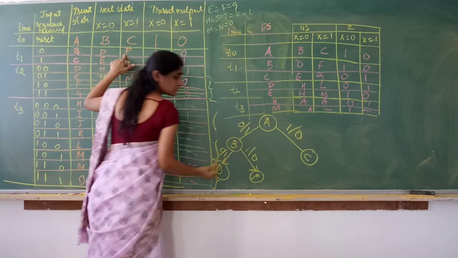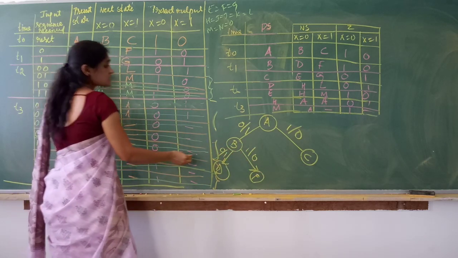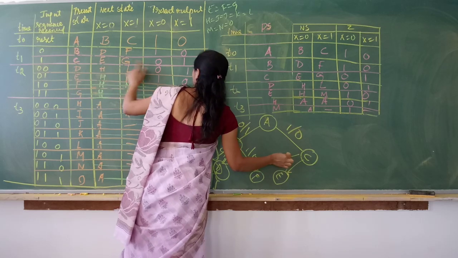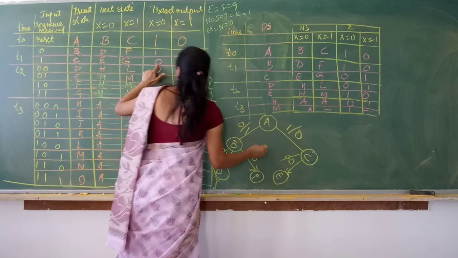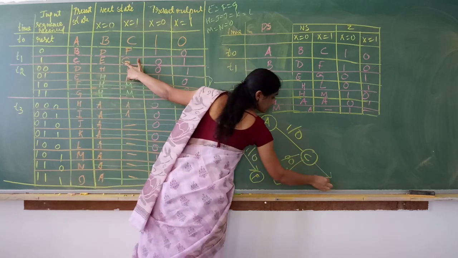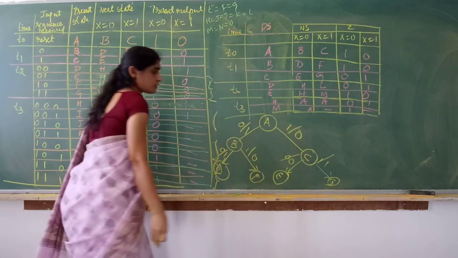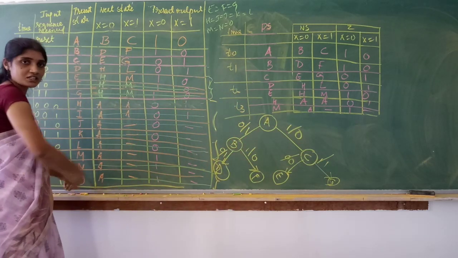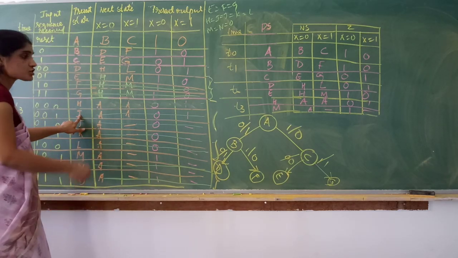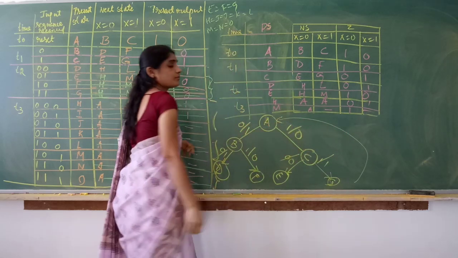0. Okay. Next. If the present state is C, next state will be E when the input is 0. And what is the output? 0. And present state is C, next state will be G when you receive the input as 1. And what is the output? 1. Like this you have to continue. And once you reach the last, for example I, it should reset, right? So all the rows will reset, will come back to state A.